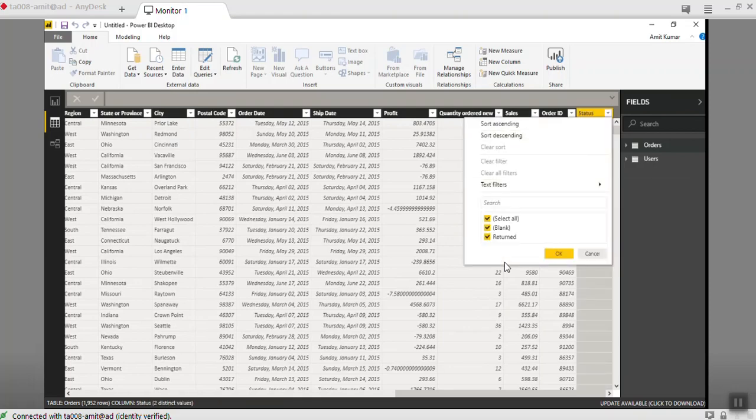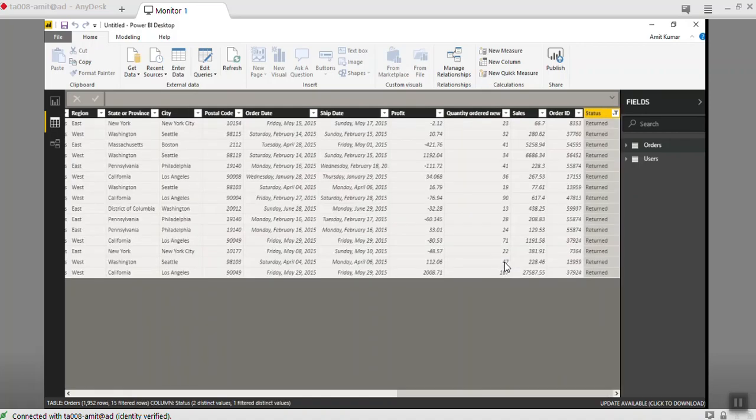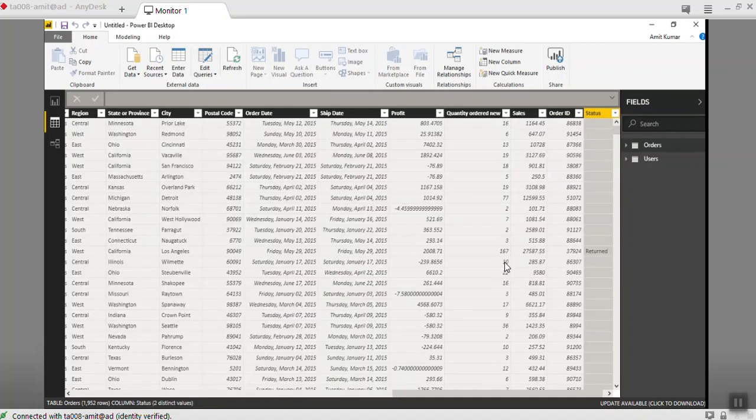There are some blanks and the values. You can select and check return only. So these are the only orders which are returned orders, filtered with having values. And you can again select and get the whole order.